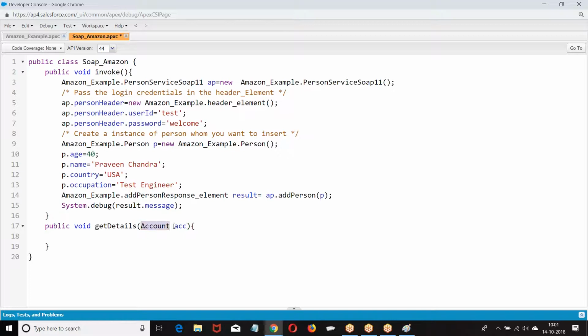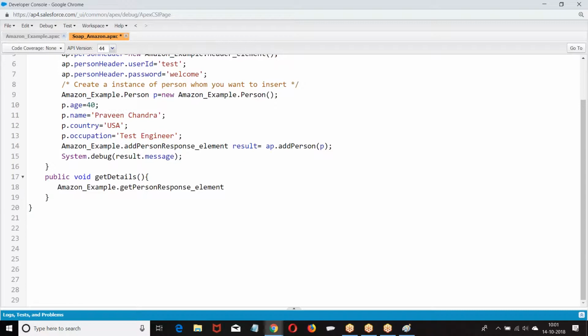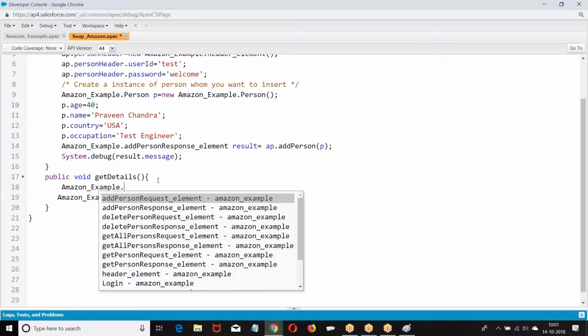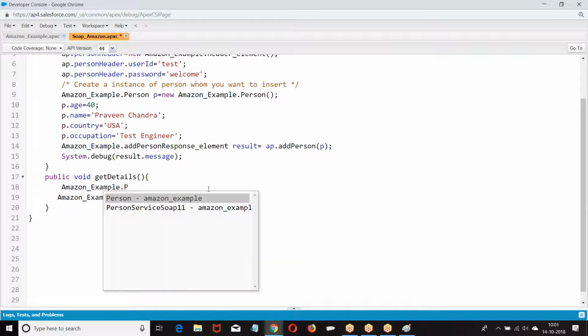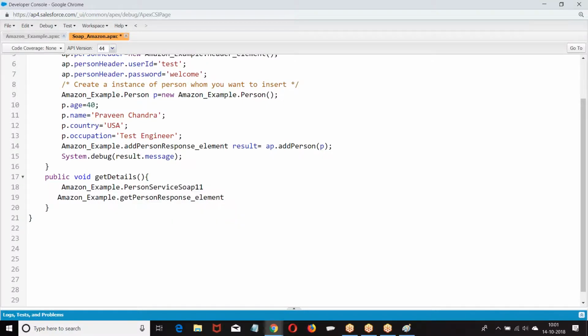Anybody has any query or is stuck up, let me know, I can explain it again. If anybody is finding it difficult, let me know. Sir, on the header element part, we have the user credentials given there, like password. So is it mandatory or is it basic?